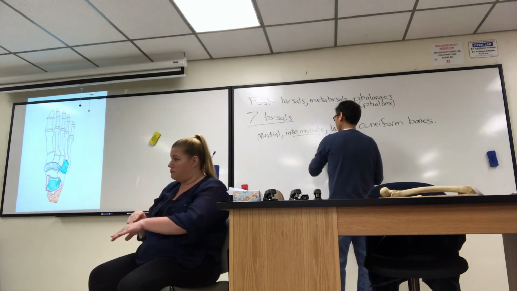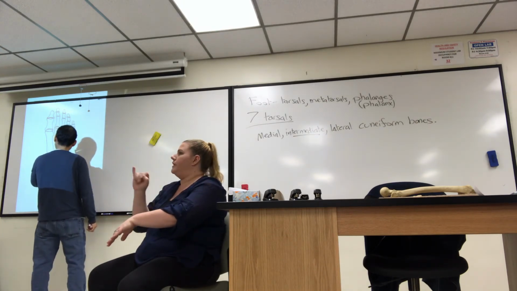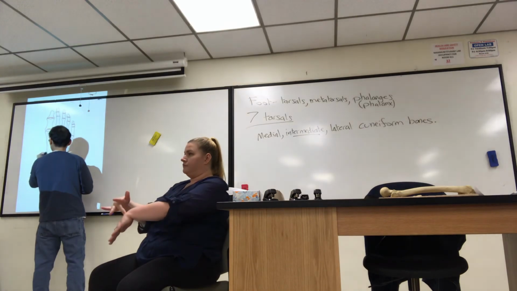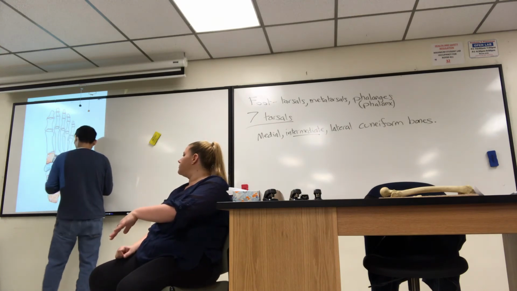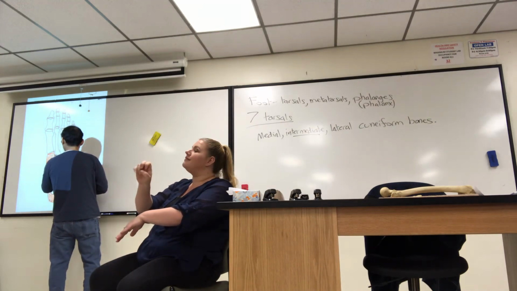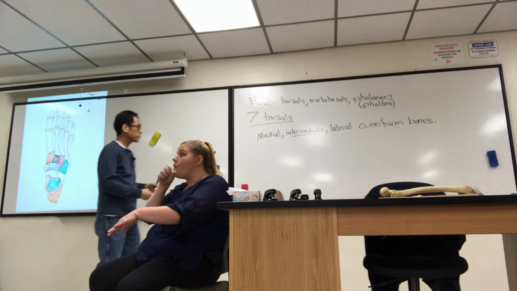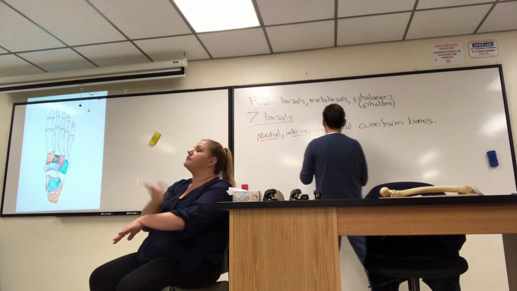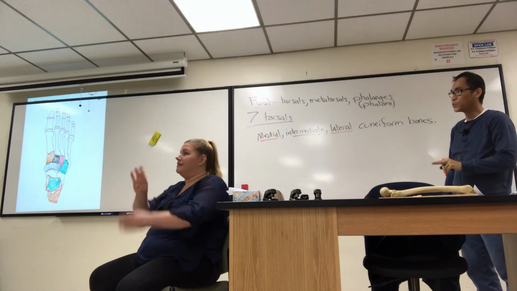I'll color the middle one black. Then we'll go orange for medial. We'll go red for lateral cuneiform. That's the 7. And then if you go in front of that, the tarsals are kind of posterior foot, but